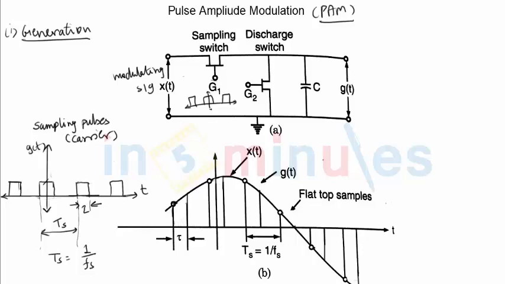So that is what we have shown in the first pulse. So this is where my first rectangular pulse starts. So this is my first rectangular pulse. You can see the capacitor will charge to this first point, and then as the modulating signal changes, the capacitor voltage will